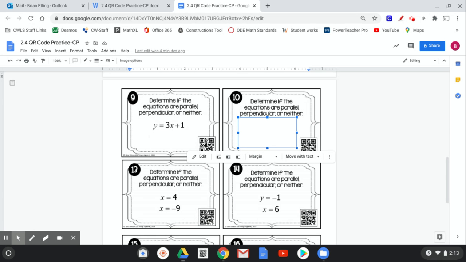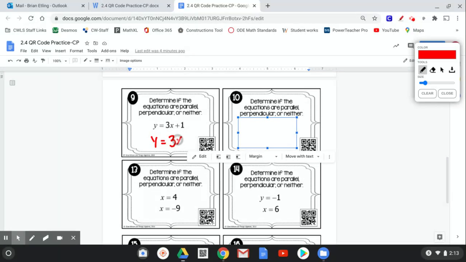Okay. So, the only thing that I want you to do is, like, on number 9, I think the other one was y equals, and it had the 3x. All right, it had the 3x, and then it was 3x minus 5. So for number 9, this is all that you need to write on your paper, okay? So you could scan it and see that they are parallel, okay? So they are parallel, so write that down, and then tell me why they're parallel, and why they're parallel is